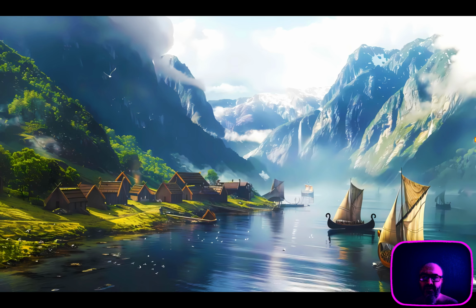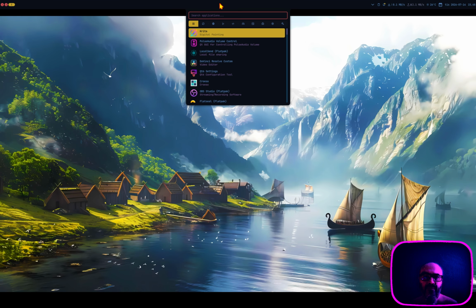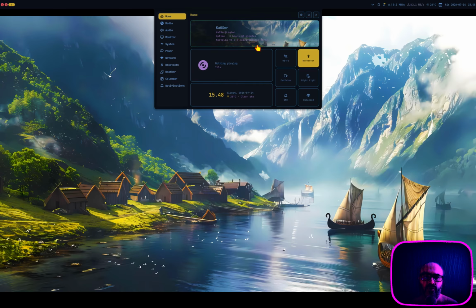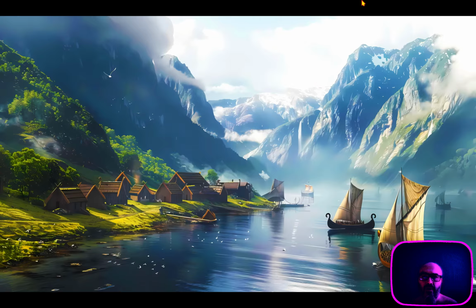what's the deal with this system? So far all of my tests have been going great. For example, the customizations in the top panel here, top bar if you prefer, like how to run the apps, the control center, the options, the settings if you will.